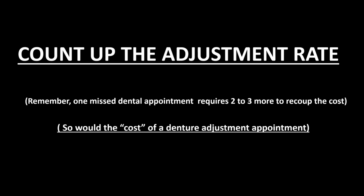So again, the cost of a denture appointment, and again, just an adjustment, is phenomenal. It's expensive for us and it's frustrating for the patient because they're coming back. Why? Because their mouth is sore and they have a problem. So again, the Freedom in Centric now reduces denture dislodgement because now I have that window and that helicopter pad